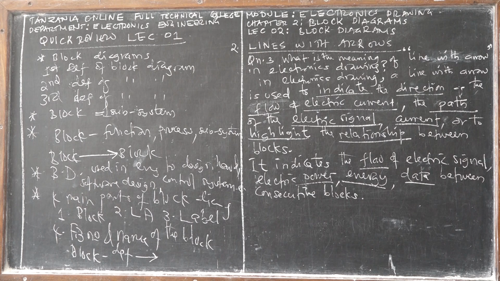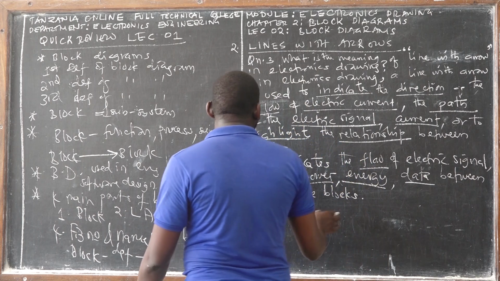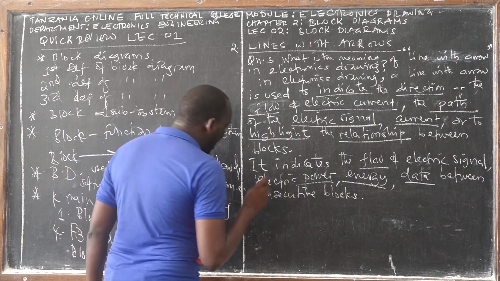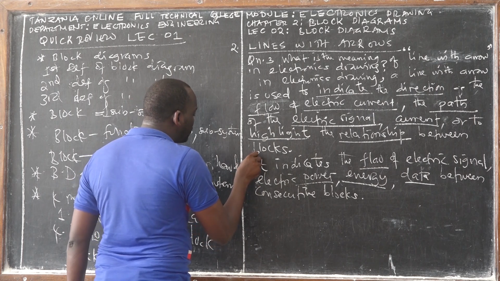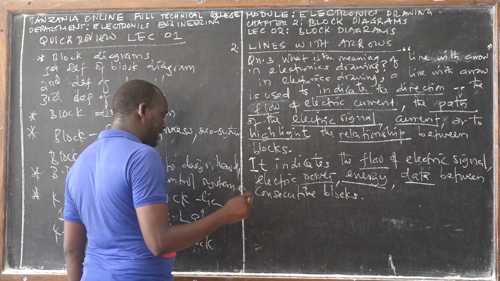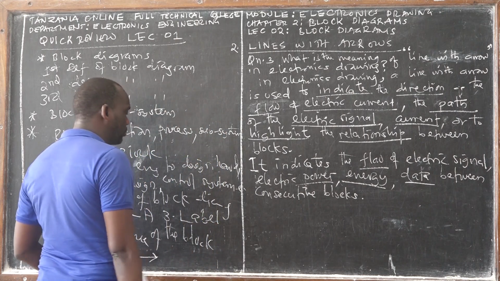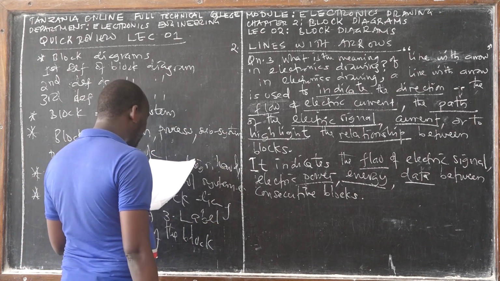How many types of electric signals do you have? Because the arrows represent electric signals. I have that question in my mind, and I would like to answer it in case you are asking yourself about it. So what do we say? We say that